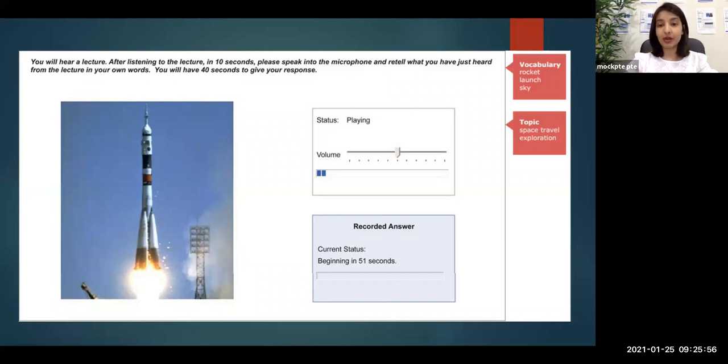So always take down notes while you listen to the audio, and using the notes, you have to speak about the audio for a maximum of 40 seconds. You do not have to speak for 40 seconds in total. You need to speak only for around 30 or 35 seconds. That is three-quarters of the progress bar. So this is a sample screenshot.